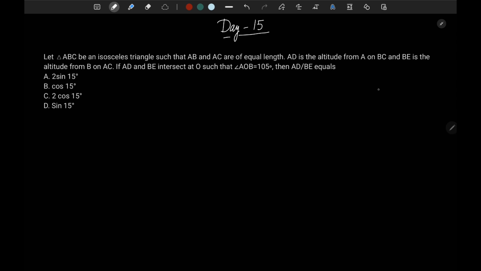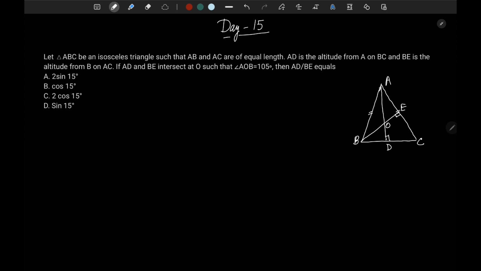Okay, fine. So let's start by drawing the triangle. Isosceles means that two of the sides of the triangle are equal to each other. So this is A, B and C, and they have mentioned that AB equal to AC. Then AD is the altitude from A to BC, that means this is D, and BE is the altitude from B to AC, that means this is E, and they intersect at the point